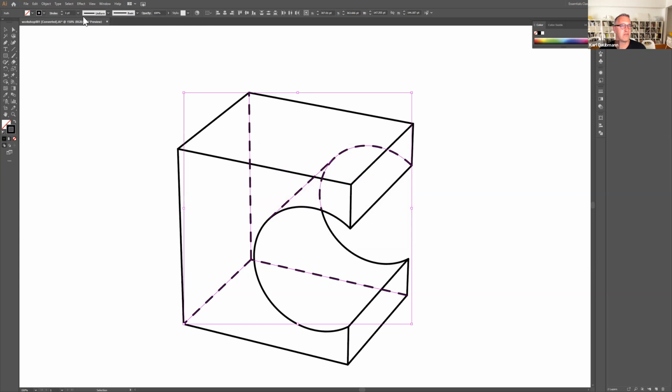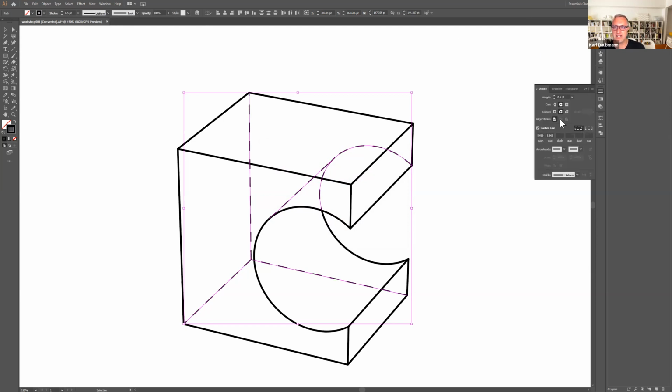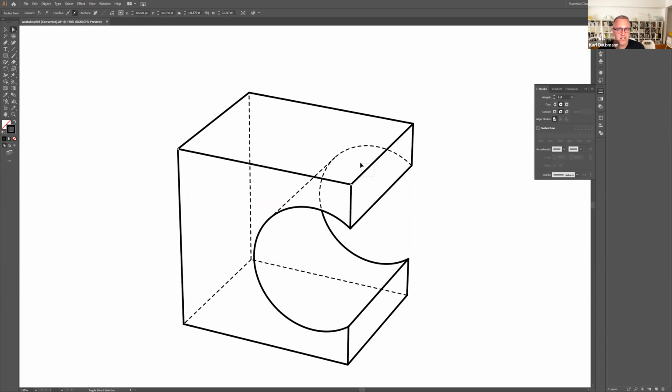And I want them, maybe the stroke should be a little bit thinner. And maybe even I'll come over here to stroke and change the dashed lines as well. Right, so maybe that's a little bit finer, and maybe I even want to mess with this a little bit more and get it to be where,